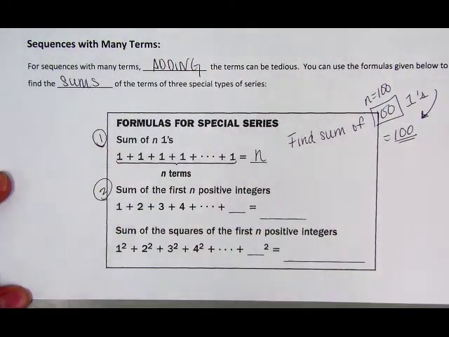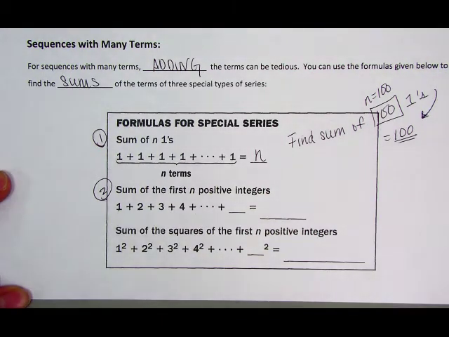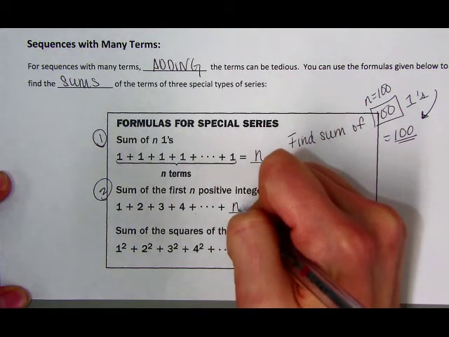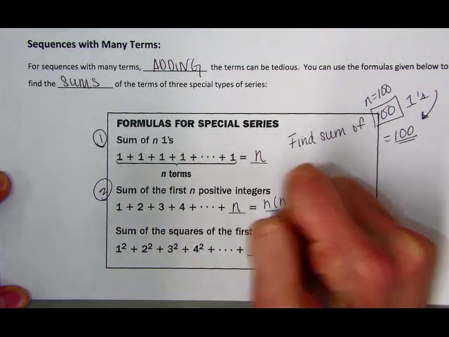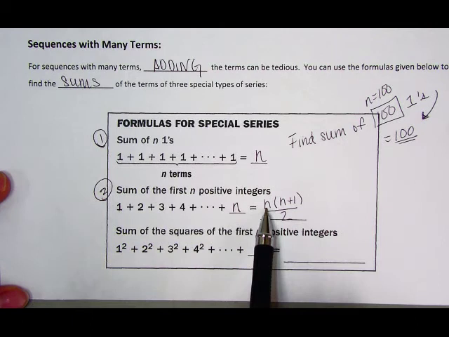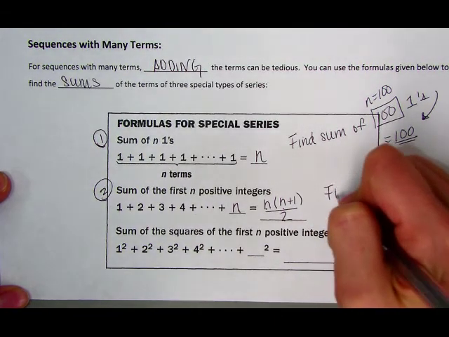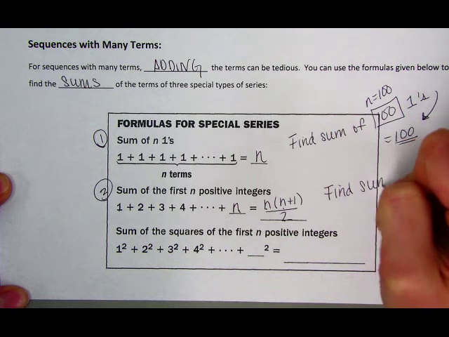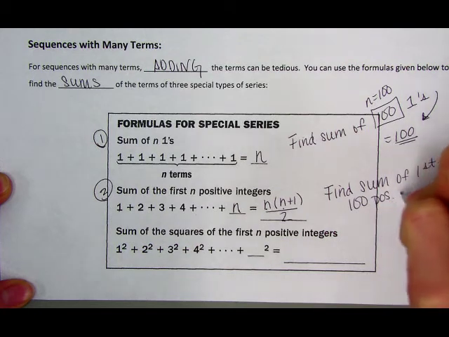The second formula is telling us that the sum of the first n positive integers, 1 plus 2 plus 3 plus 4 plus 5, over however many times we want to do this, we'll put plus n because we don't know where we're going to stop, is the same thing as n times n plus 1, all over 2. So n would be how many times we want to do this, times 1 more than that value, all divided by 2. So for example, if I want to find the sum of the first 100 positive integers,